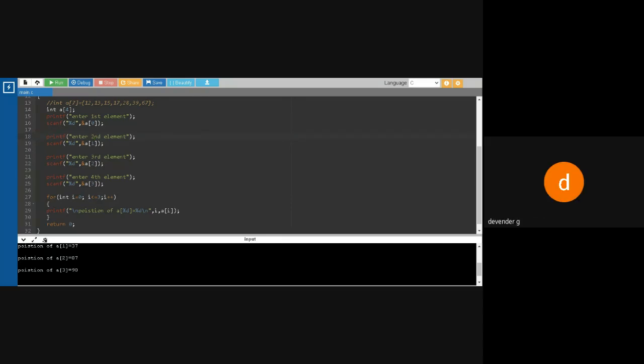Yes, sir. So in whatever fashion you are asking, it's not a problem. You are taking from the keyboard, whether first position, second position, third position, we don't require that to change. Only the logic here is going to change. The for loop is printing from the zeroth position till the third position. If you are giving first, it takes the first element; if second, the second element, because I am saying i plus plus, move front. So how will we go back?